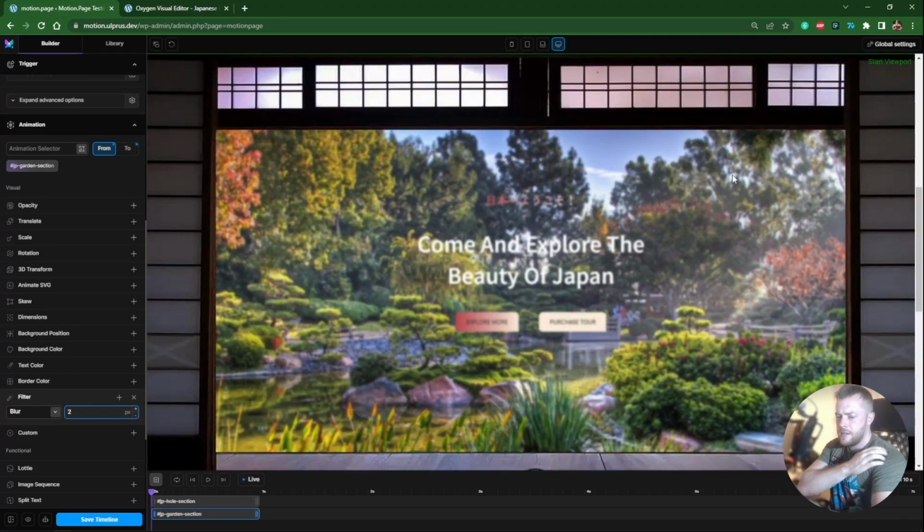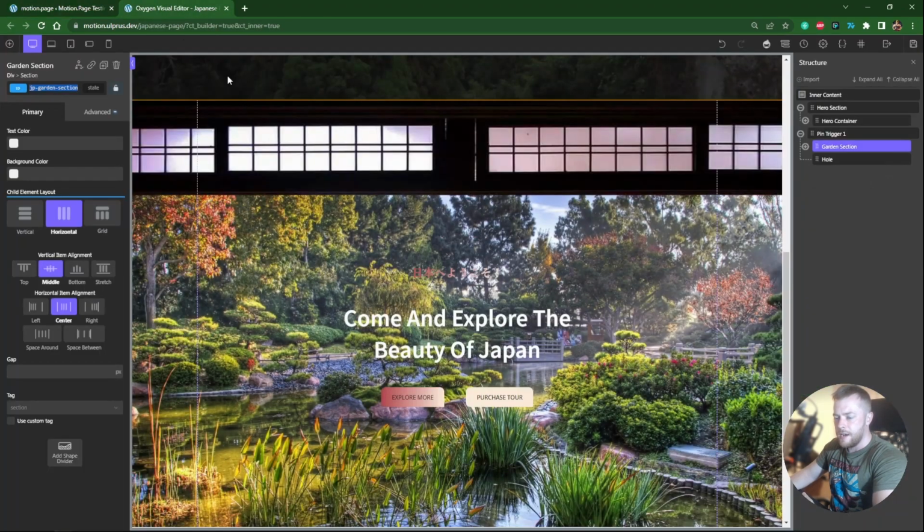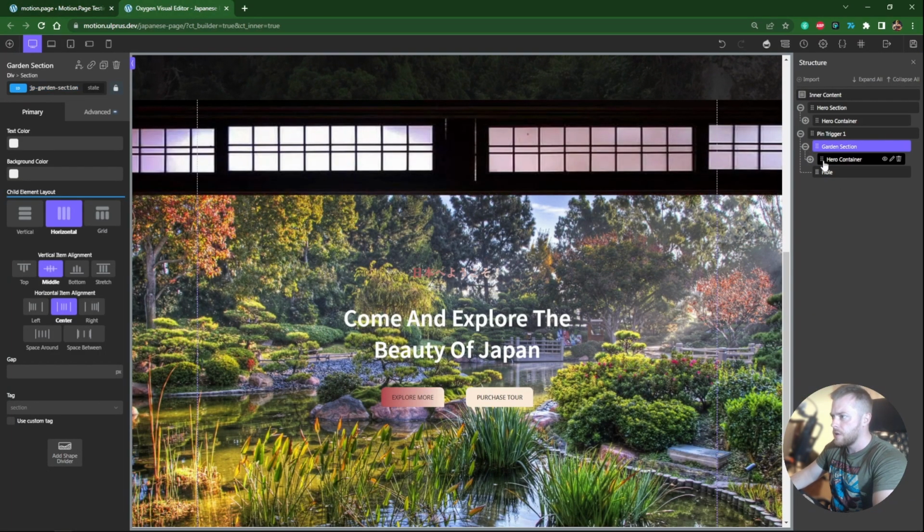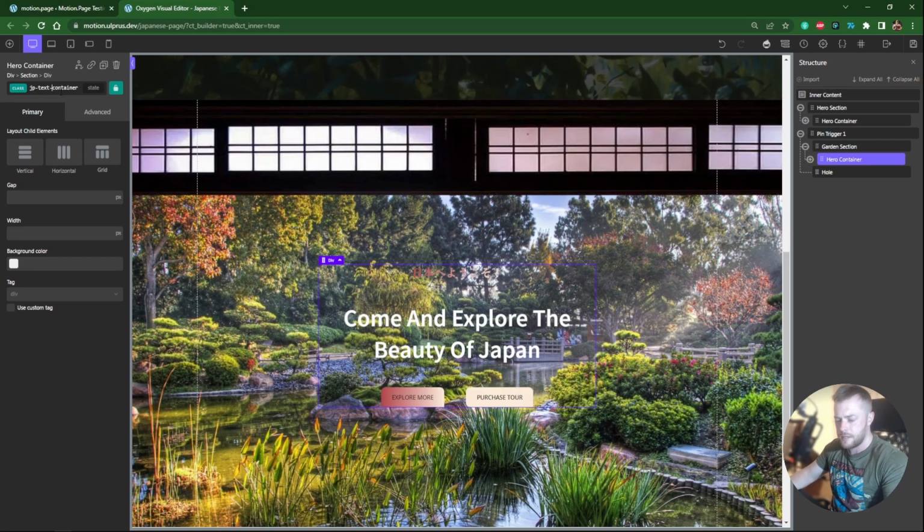Okay, I think that works nice. So what I'm going to do next is focus on our container here. Remember, we want this container to start, we don't want to see this at first. We want it to kind of come into effect. So let's just go back here and grab this